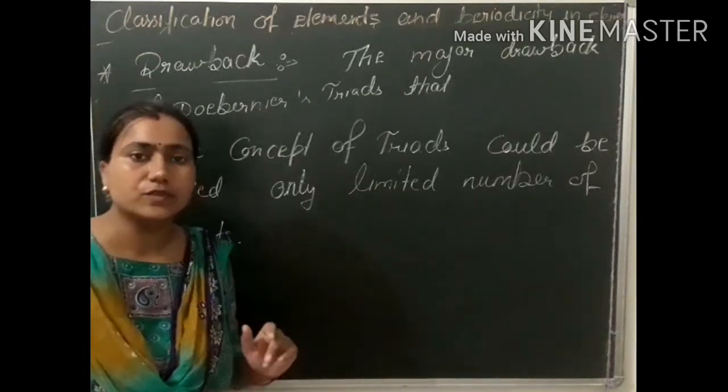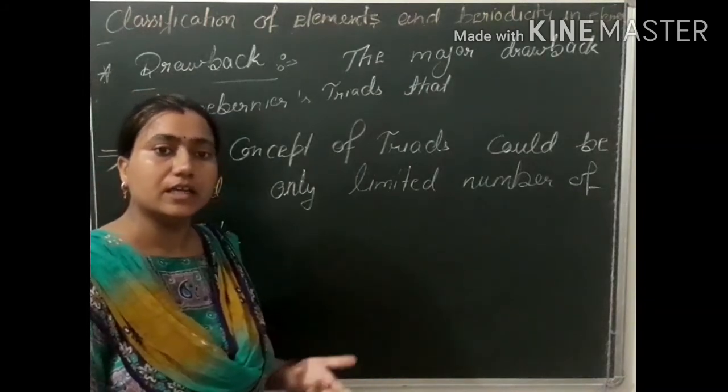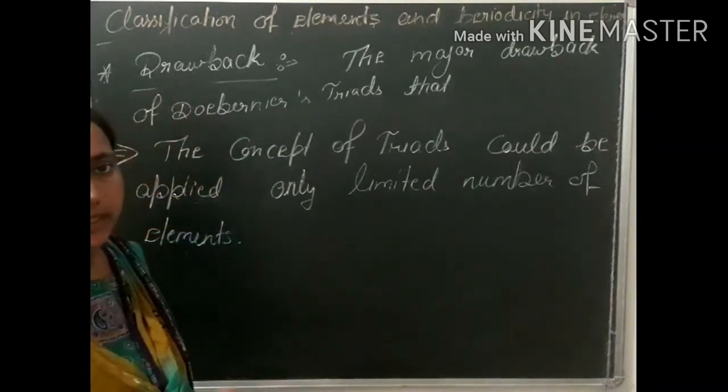Now the major drawback of the Dobereiner triads is that it is applied only to a limited number of elements, because